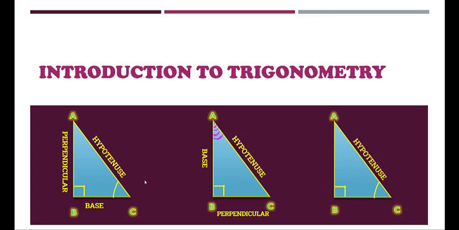So there is one more way to remember all this. We know that side opposite to angle B, that is right angle, is hypotenuse. That is for sure. Side opposite to given angle, here given angle is C. So side opposite to acute angle C is what? It is perpendicular. And side adjacent to angle C is base. Adjacent to the given angle is base. Opposite to the given angle is perpendicular. And side opposite to right angle is hypotenuse. I hope this is clear.